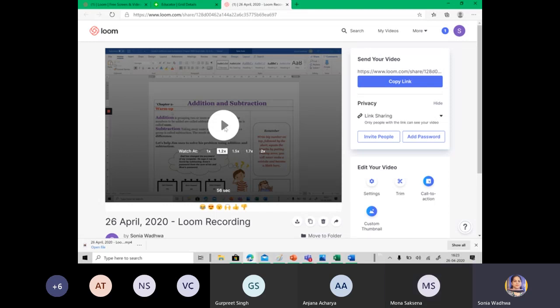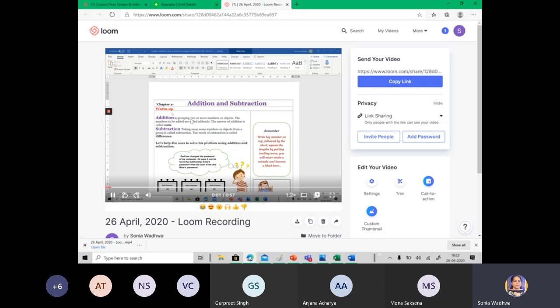Okay, let's hear it back and see what it has to say. Since I did not open my camera, it is only recording my screen and voice, but my photograph is not coming. Why is there this change? Can anyone tell me why there is this change? Because I increased the speed. I did not speak so fast while I was recording. So here I can actually change my speed. I can come back to my original speed, 1. So if I play now at 1x, I could have done that also.